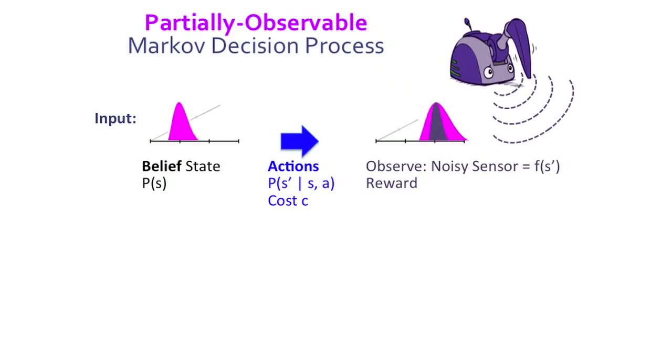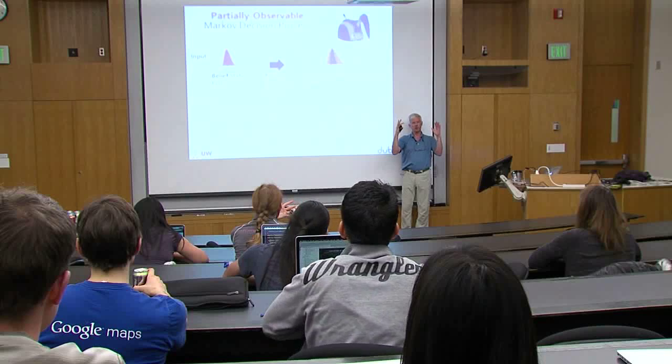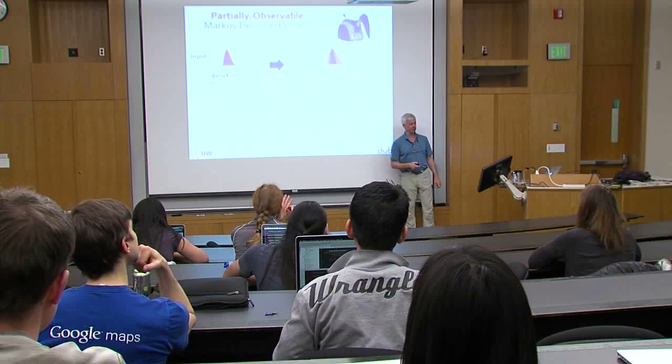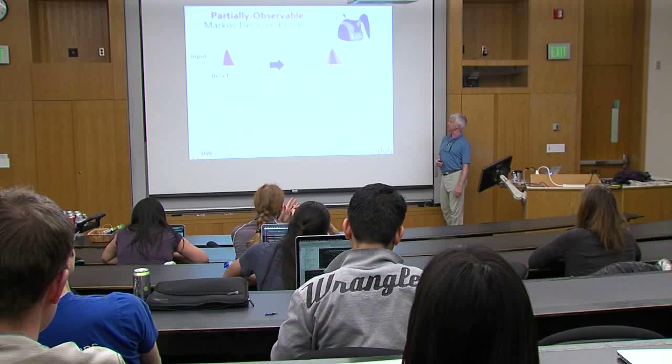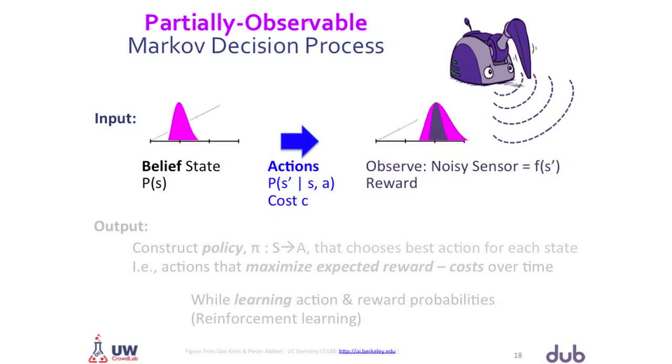So POMDPs basically take that model and extend it. So we start out with a belief state, the robot doesn't know exactly where we are. We've got the same action model. Now, when we execute an action, we get some sort of noisy sensor observation, and as a result, we can do state estimation and reduce the uncertainty in our final position, but still not necessarily know exactly what the state is. So we're back in a new belief state. We also get a reward, and we still want to do this utility optimization and still do the learning.